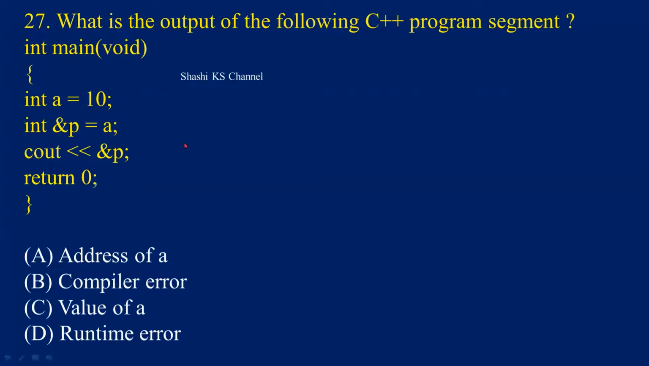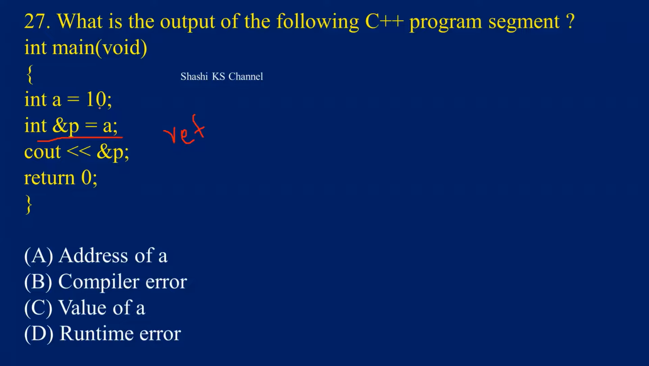So here, what happens is that int &p = a. When I say int &p = a, p is created as a reference to a. p is nothing but a reference to a. So when p is used as a reference to a, both p and a refer to a only. So when I say cout &p, what happens is